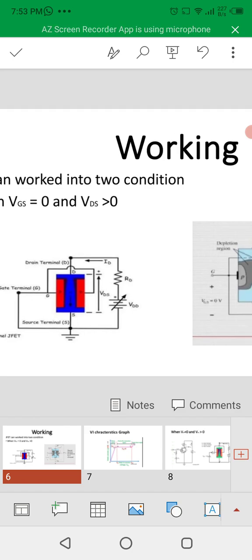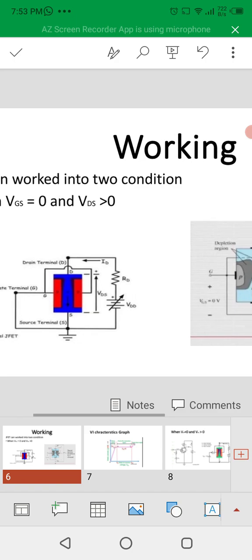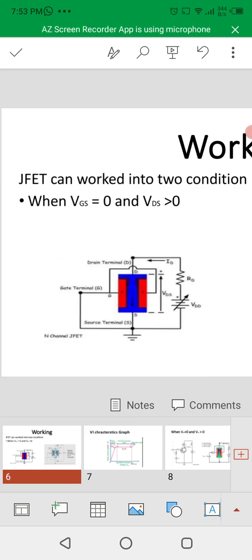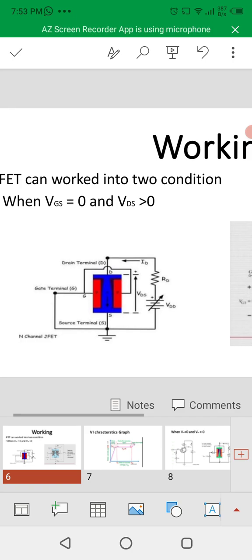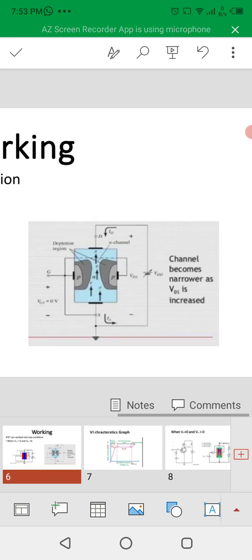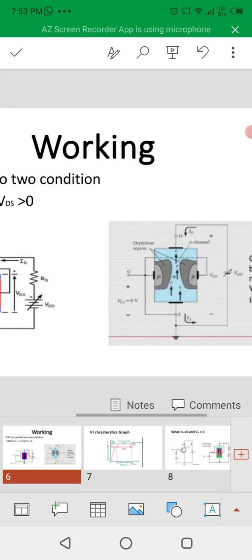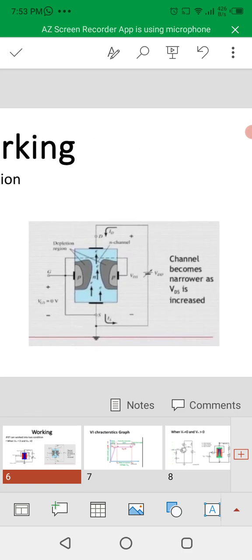When we give VDD, the voltage is 4 volt, and VGS equals 0. This is the circuit and this is the working. Now we discuss: when we give the VDD voltage of 4 volt,